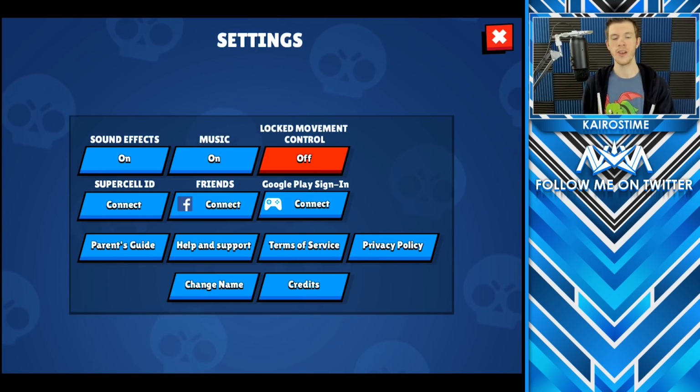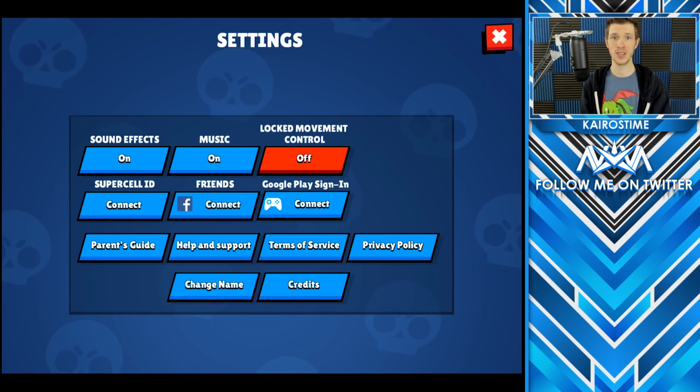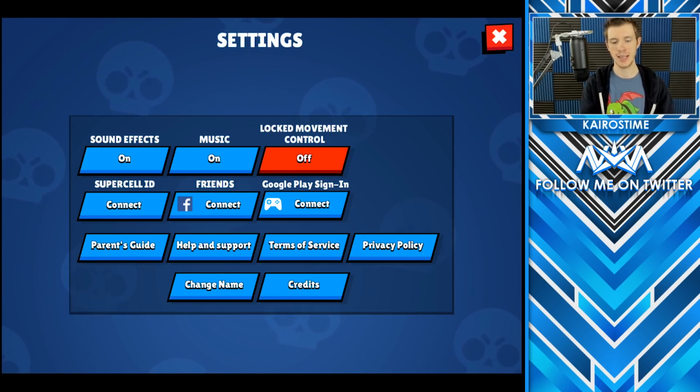And it just goes through the following steps, and once you do have that Google Play sign-in connected to that account, then that account's information will be saved. That's important if you do not want to lose this account's information. But you will know if that little connect thing, the Google Play sign-in, is green. But since I don't care about that, I'm just gonna leave it blank,